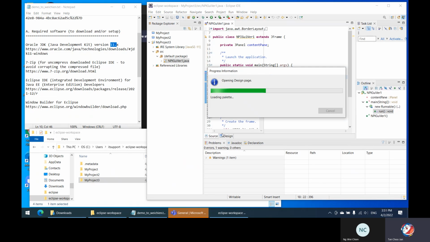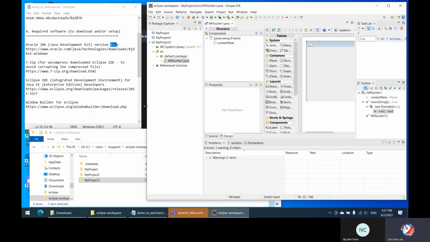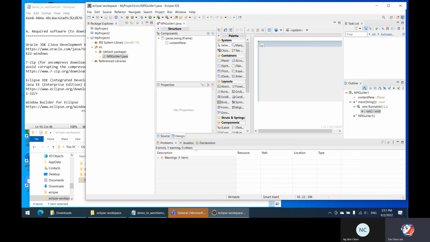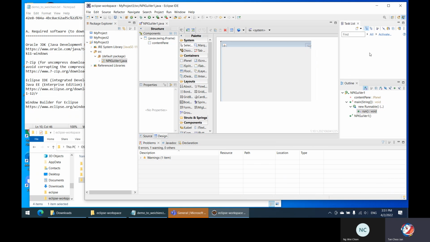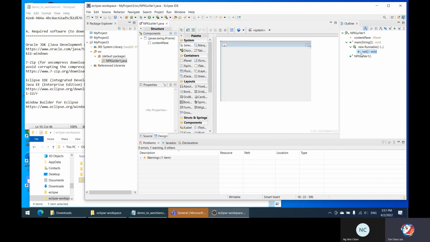It will take a while to load sometimes. It depends on your CPU speed. Right, my one luckily is not that slow. So yeah. All right, a lot of things you can do here. So you may close those things that you don't want, for example the task list. And this one, if